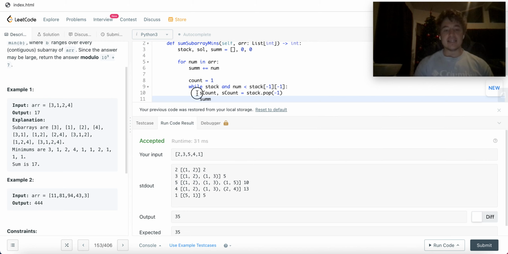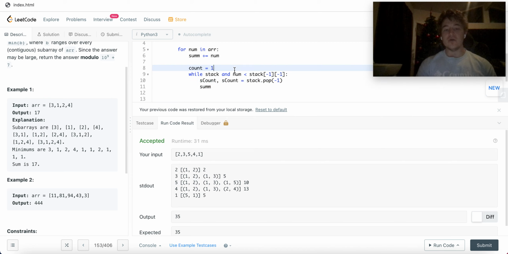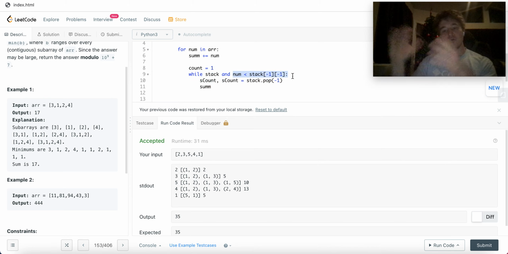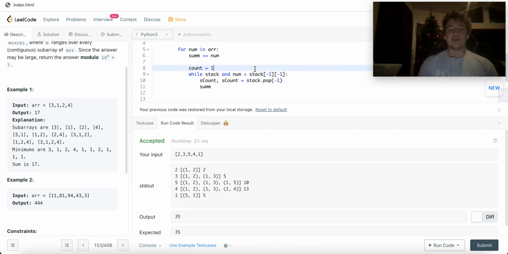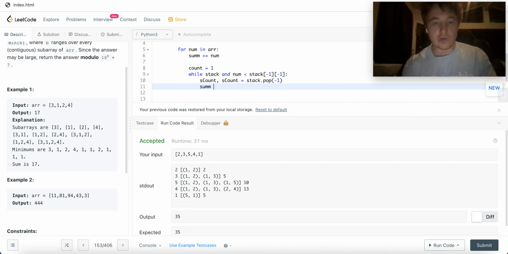If I get to this point, that means that the value at num, which is the last value in the subarray I'm looking at, is less than this value in the stack. So that means that the value I'm adding, num, is minimum, right? So we don't want to add in the value at stack -1. We want to add in num as the minimum value. So what we'll do is we'll say, well, now sum equals sum, what the sum was before. We're gonna substitute them. So we're gonna minus out